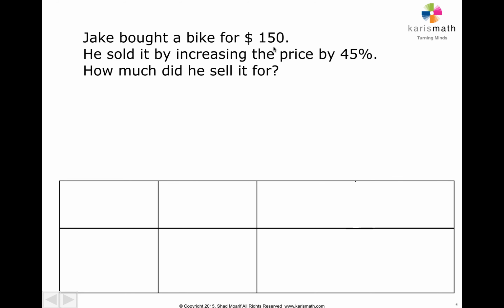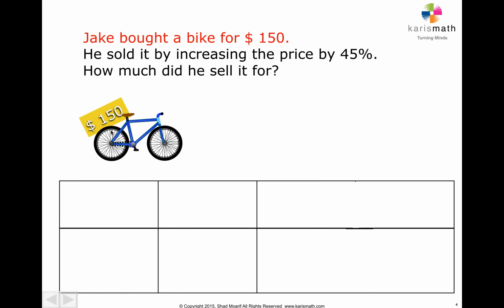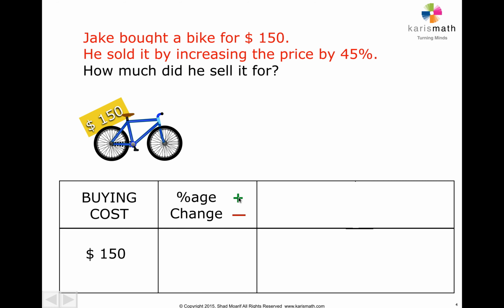Jake bought a bike for $150. There it is. $150 is the buying price, the buying cost of this bike. Now he sells it by increasing the price by 45%. So whatever this price was, he decides to increase it, which means the percentage change, or the increase, is 45%. Now, if $150 is shown as 100%, which means all of it, that means he's going to increase all of it from 100% by another 45%, which means this will become